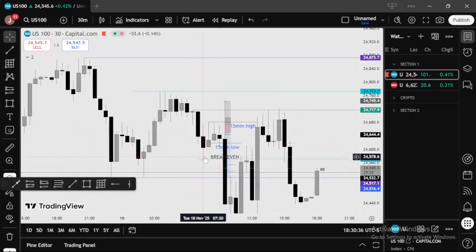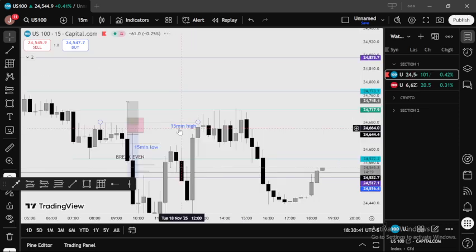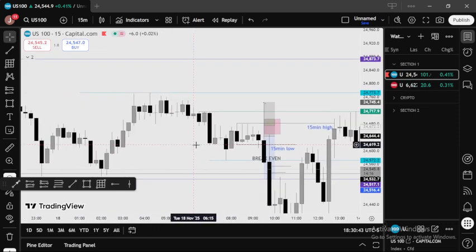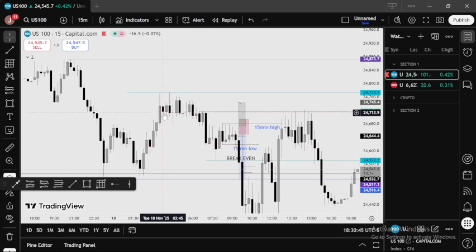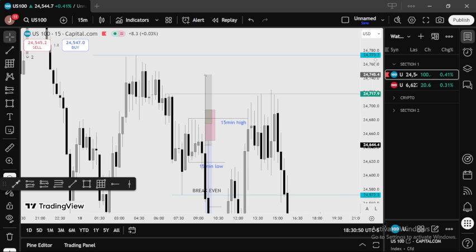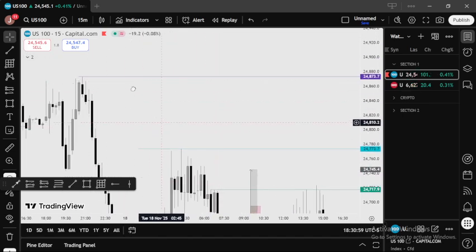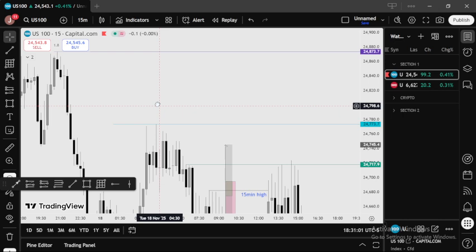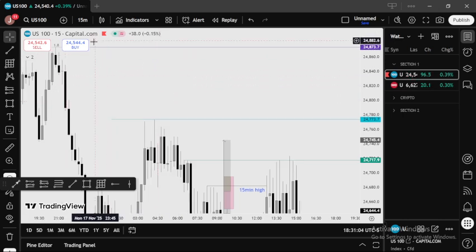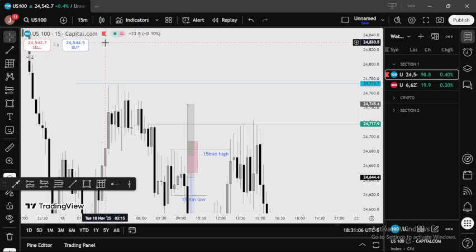Price action wasn't giving much, and it looked worse the lower time frame you went. You see, price was just choppy, nothing of note. The one thing I did mark out was this green line, the hourly high, the London session highs. This was too far out for me to see as a target, so I just kept it here, but I didn't really see anything of note.